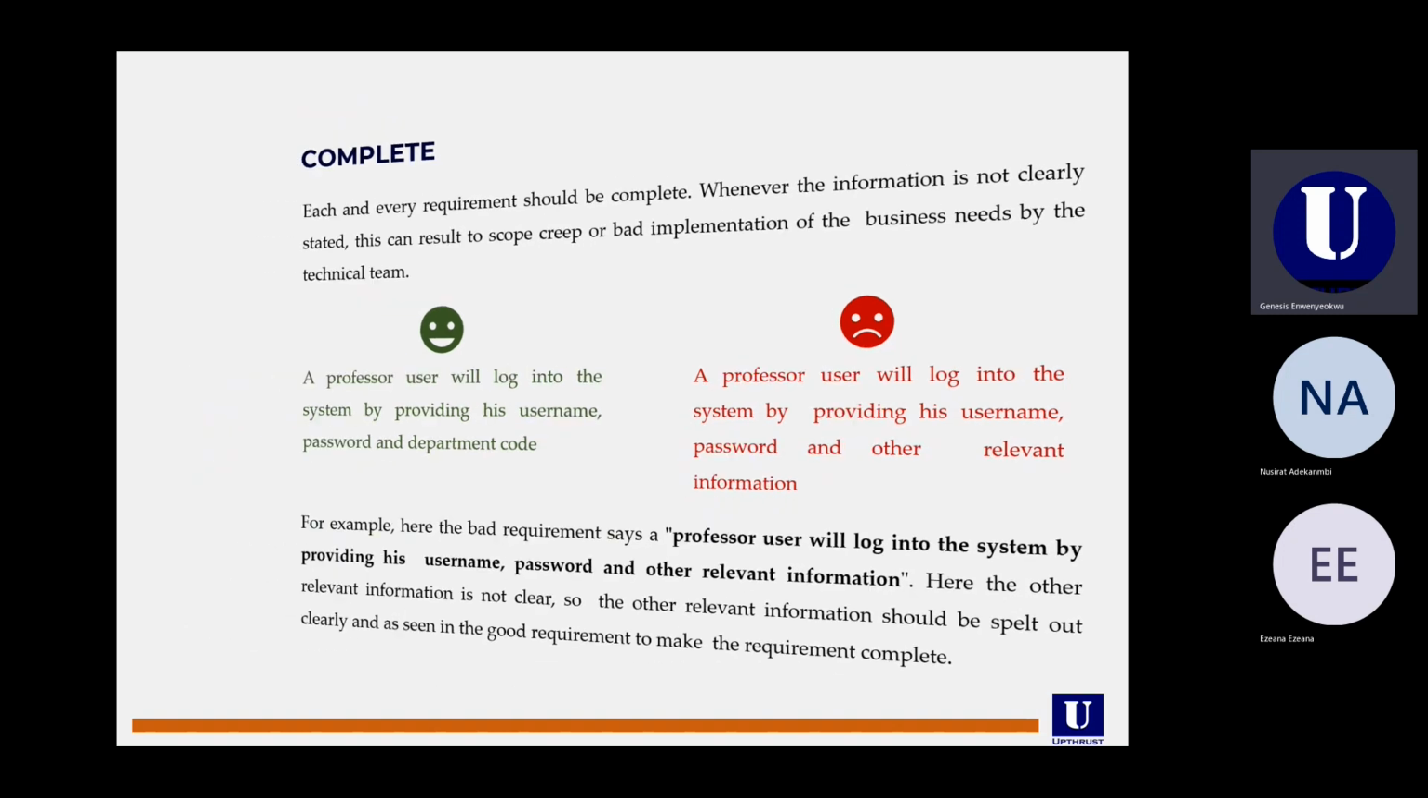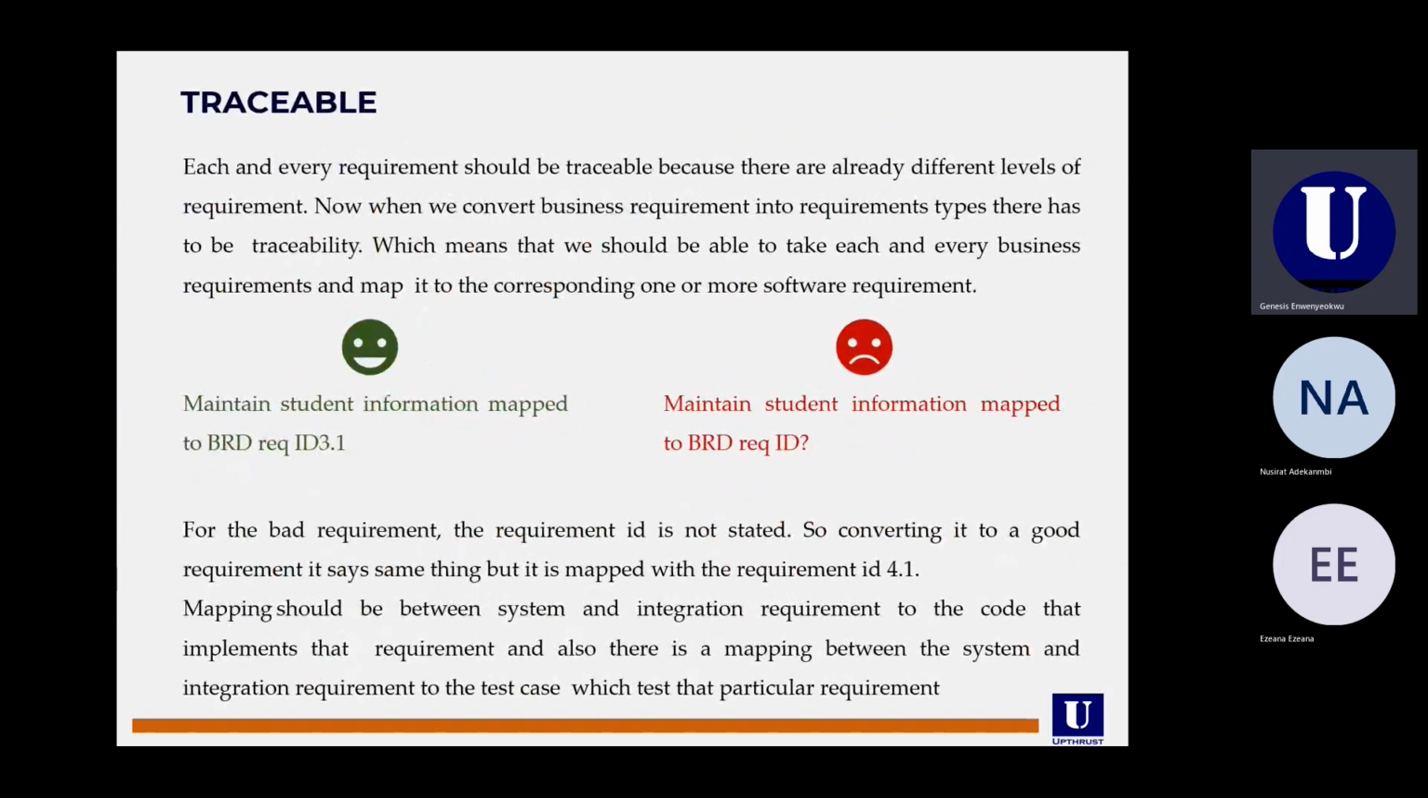In that way, you see that the requirement is complete. There are no loose ends. It is standard. Another criteria or another metric is that our requirement should be traceable. Each and every requirement should be traceable because there are different levels of requirements. Now, when we convert business requirements into requirements type, there has to be traceability, which means that we should be able to take